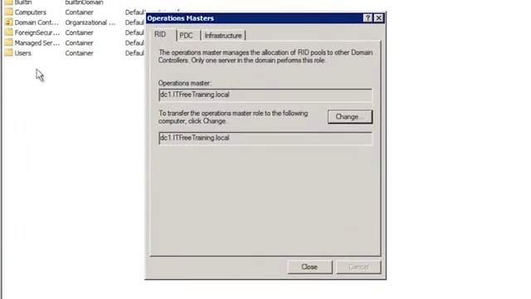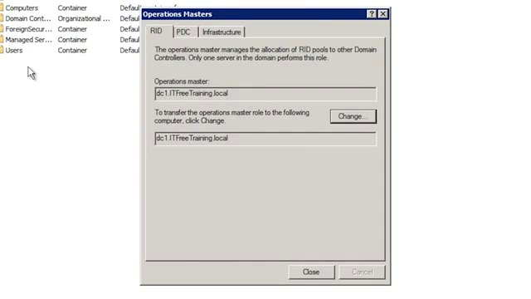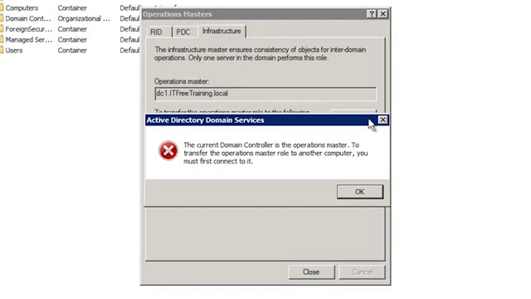From here, you have 3 tabs, one for each of the 3 domain operational master roles. These are RID, PDC, and Infrastructure. Once you select the tab for the operational master role that you want to work with, in this case the Infrastructure master role, at the top it will show the current domain controller that has that role. At the bottom is the domain controller that the operational master role will be transferred to. Since I am connected to the same domain controller that is holding the role, when I press the Change button, I will get an error message telling me I must connect to the domain controller that I want to transfer